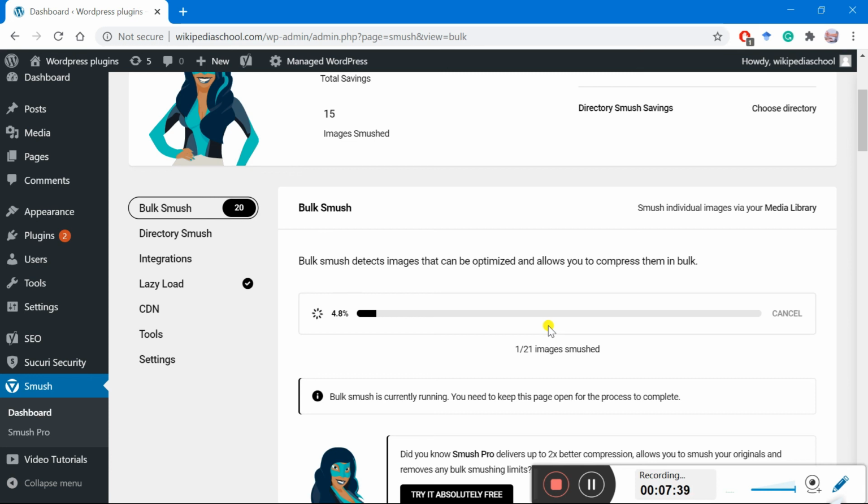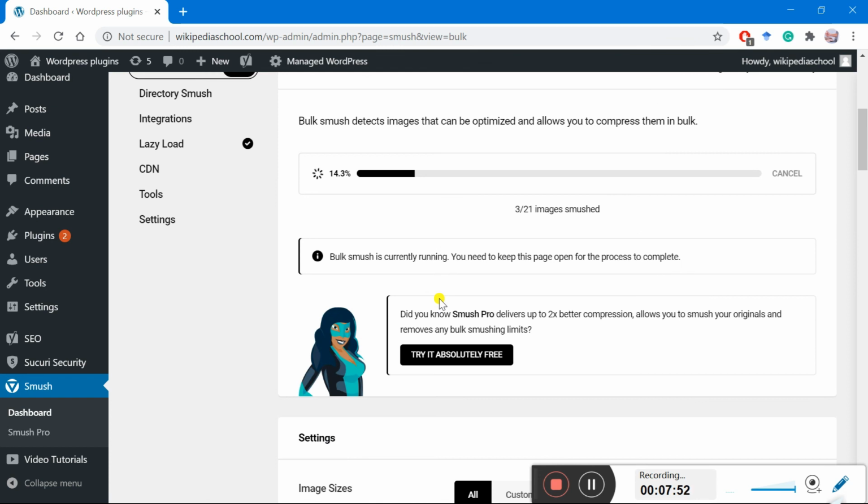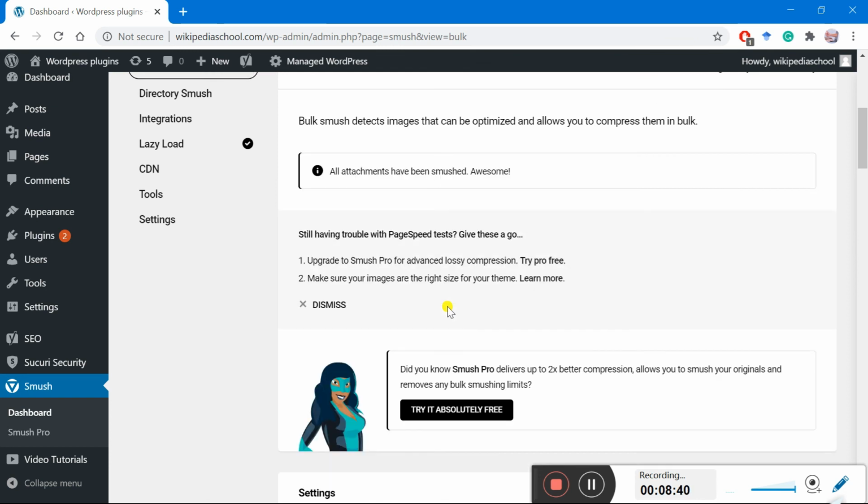Remember, in the free version you can only smush 50 images at one time, but in the Pro version you can smush an unlimited number of images. So it is smushing. Now the smushing process has been completed. All the attachments have been smushed. Awesome. Next time whenever you upload a new image, it will automatically detect and smush it.